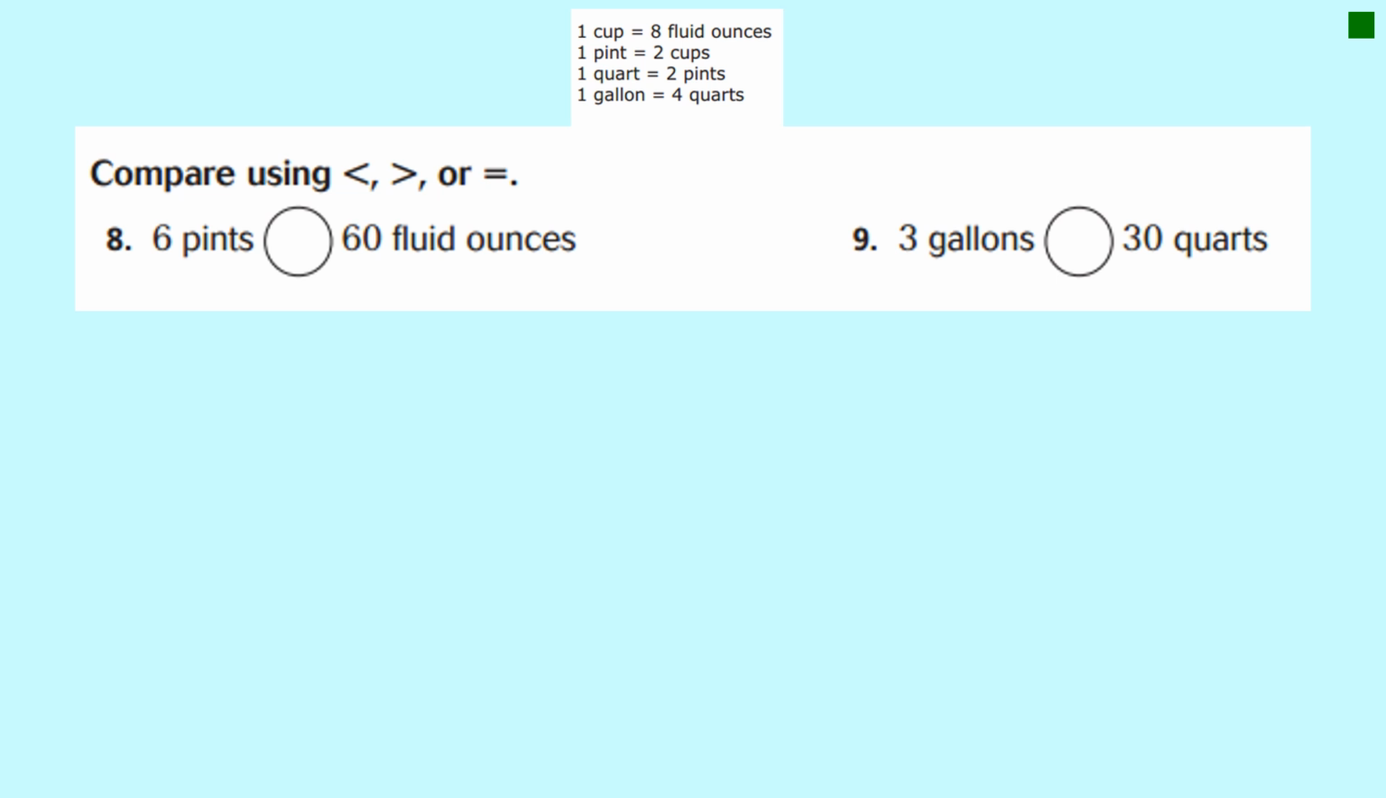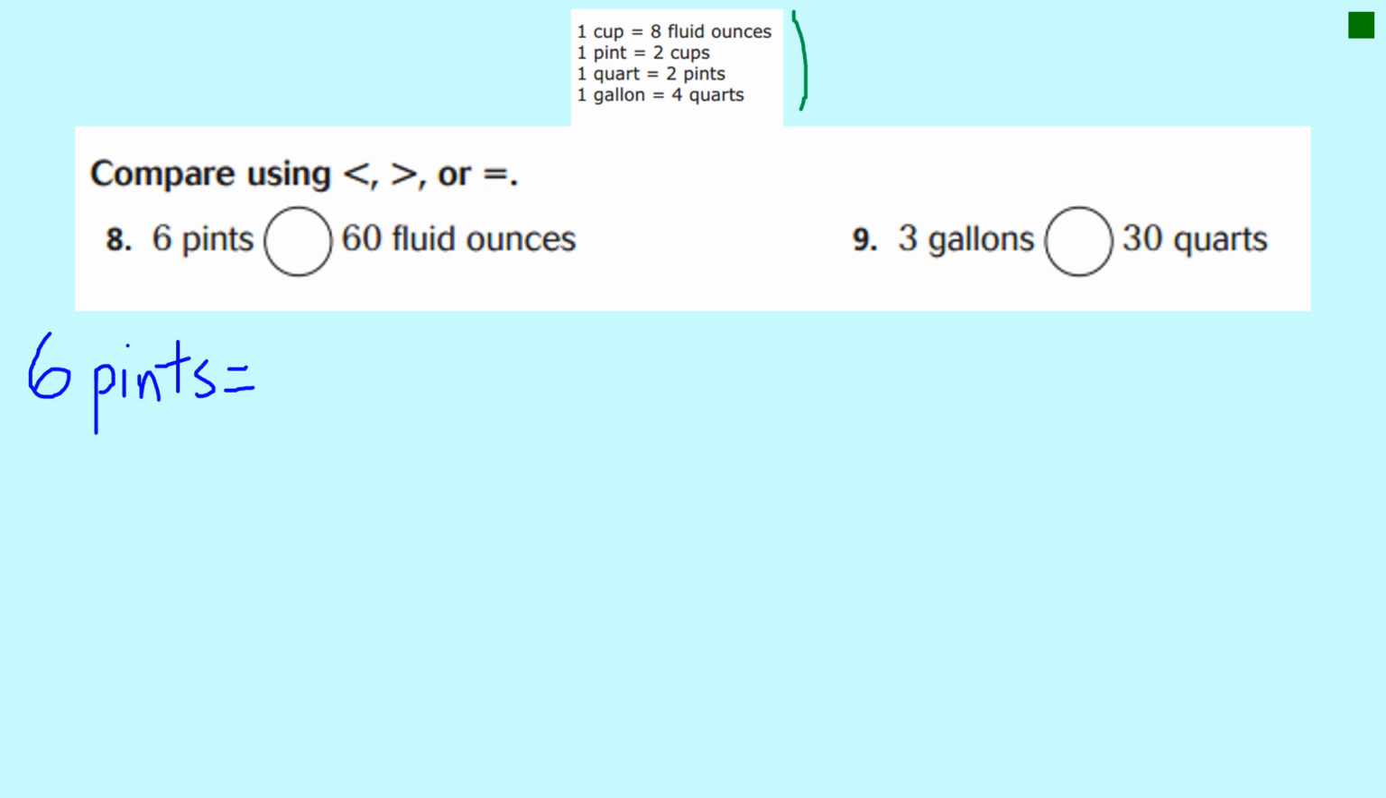So as you see, even on this next page, I have the handy dandy conversion chart up there at the top, okay? So number 8 and 9, the directions say compare using less than, greater, or equal. Okay, so let's see. 6 pints equals blank fluid ounces. All right, so 6 pints